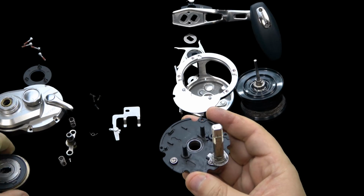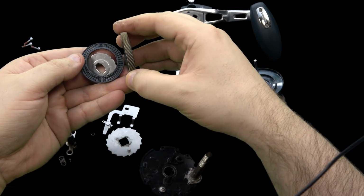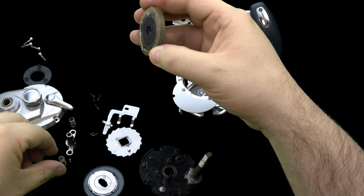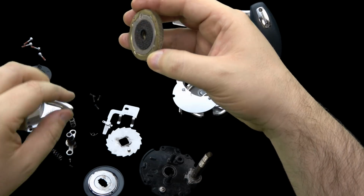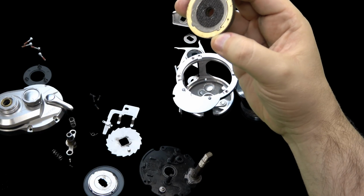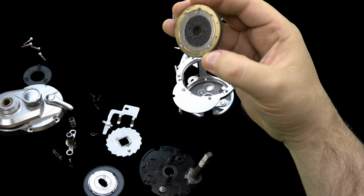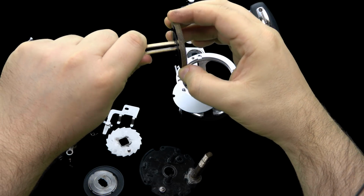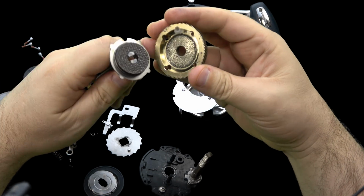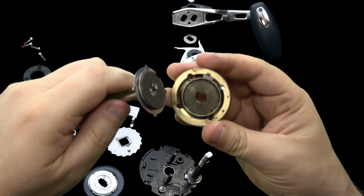And you know what? Before we take this out and show you the rest, let's take a look at the drag stack while we're here. Bearing bad to the rescue. Beautiful. You too can pull a whole drag stack out at once